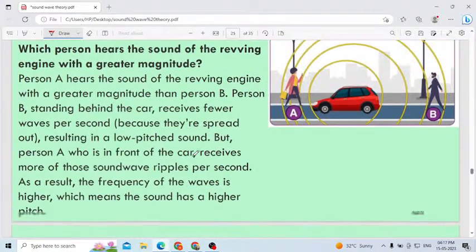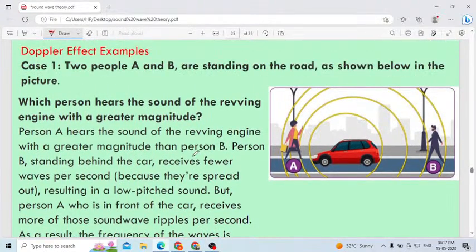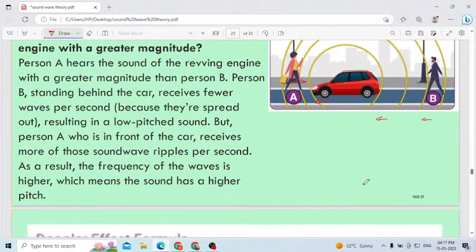Okay, one more example here. You can consider this car is moving in this direction, and this girl is also moving in this direction, so both are approaching each other. Here intensity, frequency, amplitude, loudness, everything will be more. Here this boy is moving in this direction, and this car is moving in this direction. Here the intensity, frequency, and loudness of the sound this car is making all decrease.